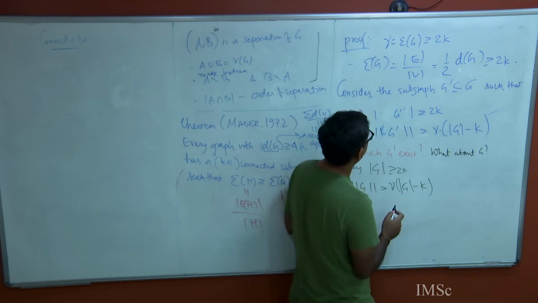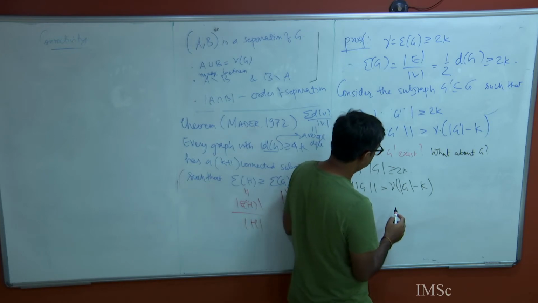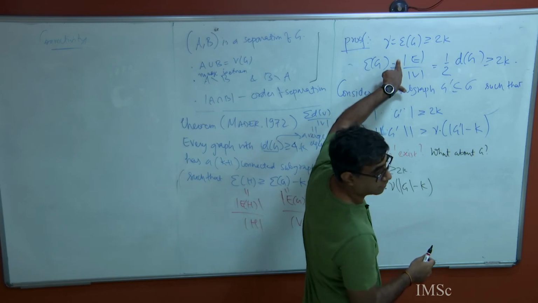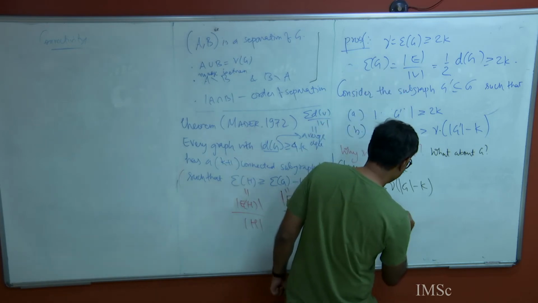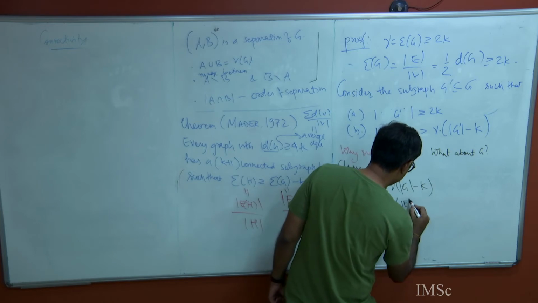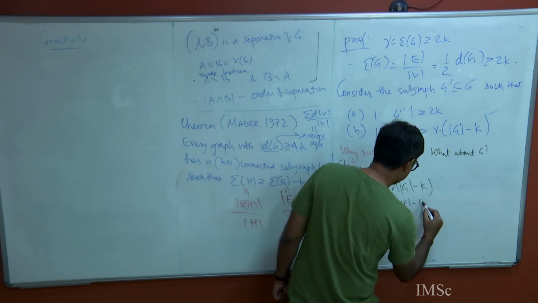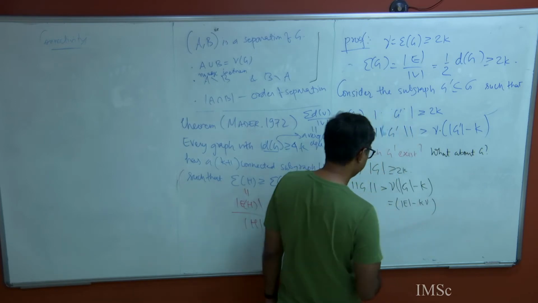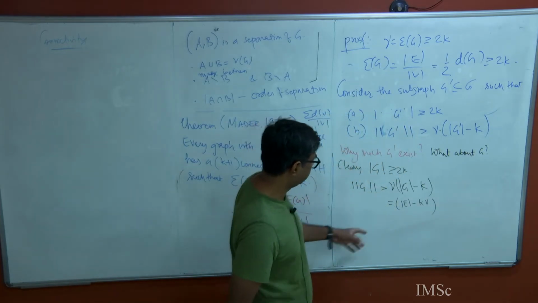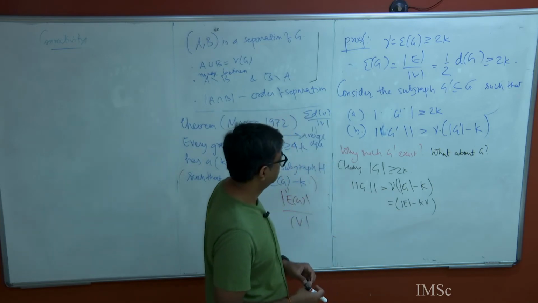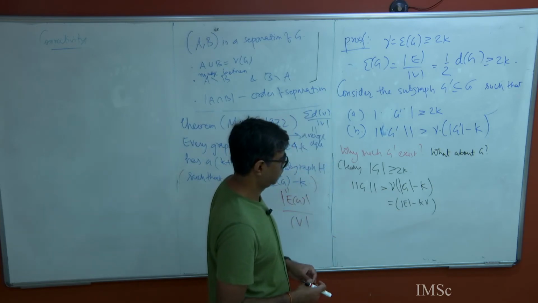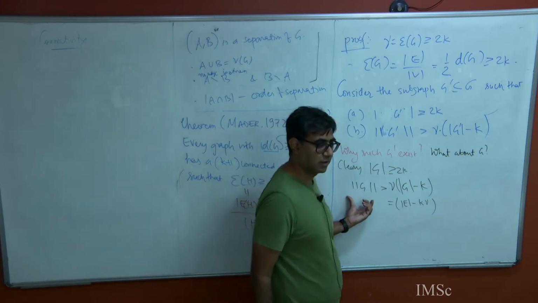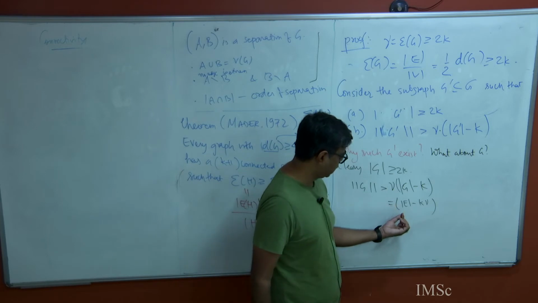Gamma. So gamma is this. So this into this is H, right? So this is equal to k times, why, what are we saying? The number of edges is more than, is that fine? Right? The number of edges is at least,